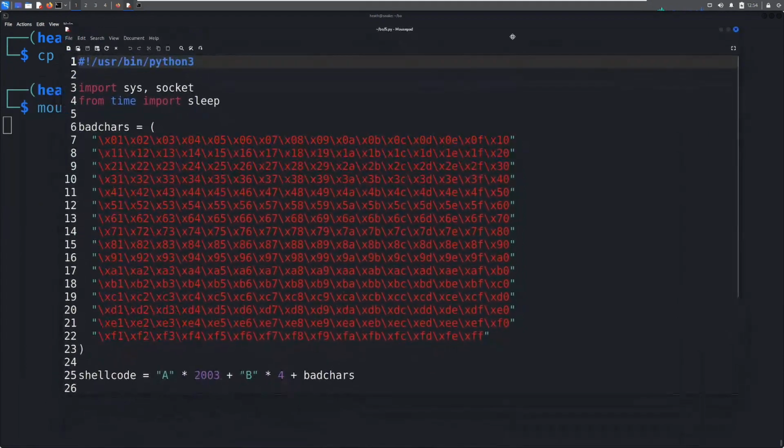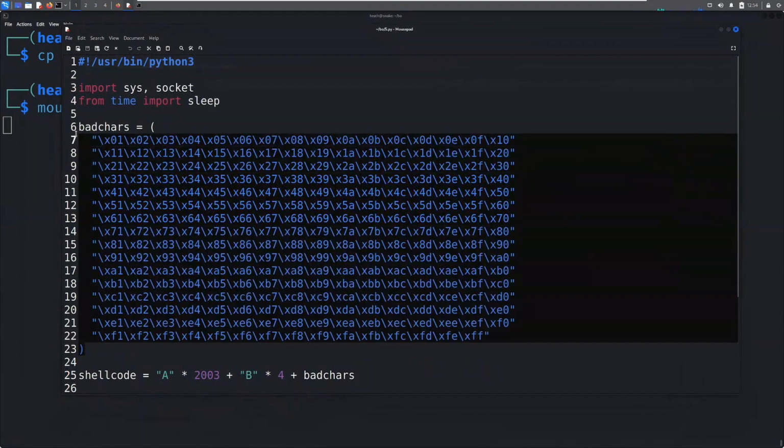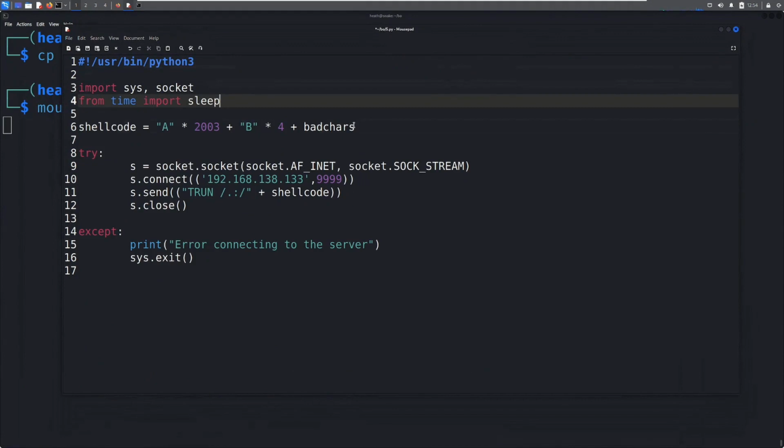And now we can get rid of the bad characters because we're not sending that over anymore. We can get rid of the bad characters right here. And we're going to modify our code just a little bit. So instead of the 4 Bs, we're now going to give it an instruction pointer. And we're going to call that